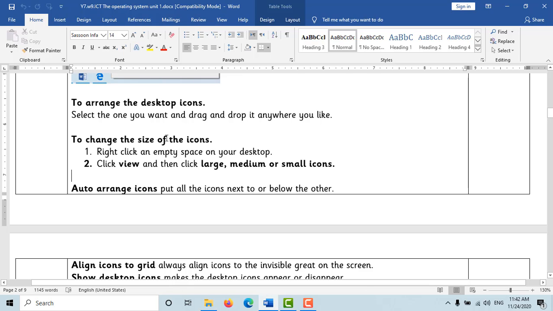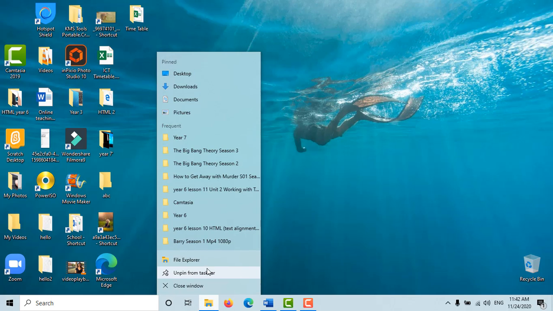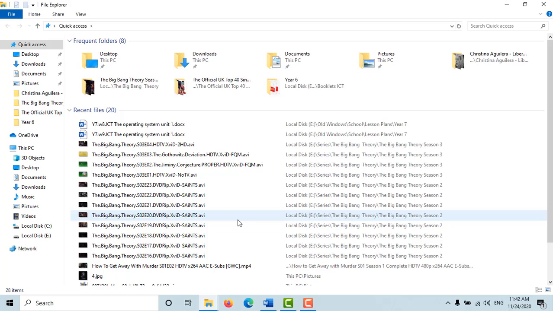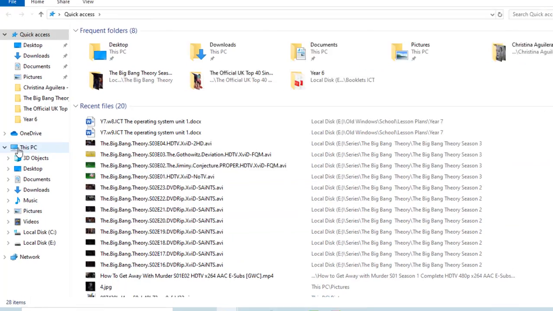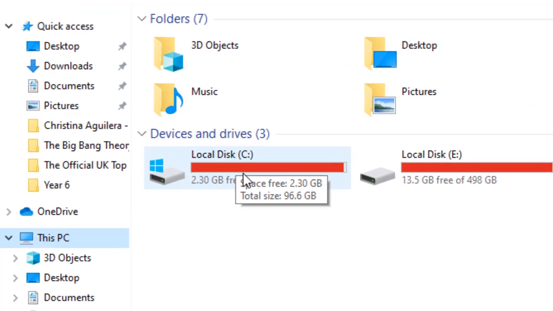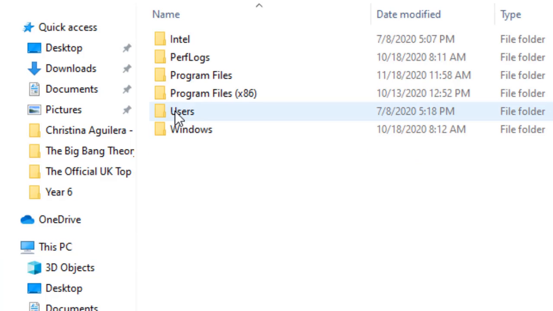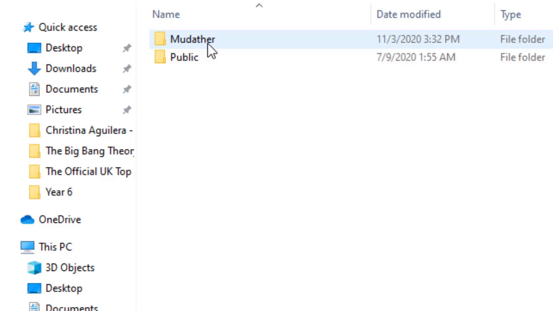Next we're going to learn how to arrange the desktop icons. You see, this is a desktop, and basically the desktop is just a regular folder on your computer, because this is a graphical interface. Everything is graphic, but originally when you open This PC and then you go to the drive C, mostly your Windows operating system is installed in the hard disk drive C, local disk C. When you go to users and then you go to the current user that you have